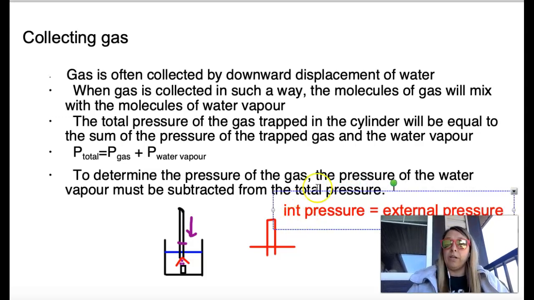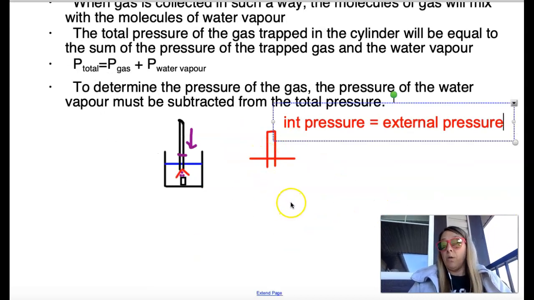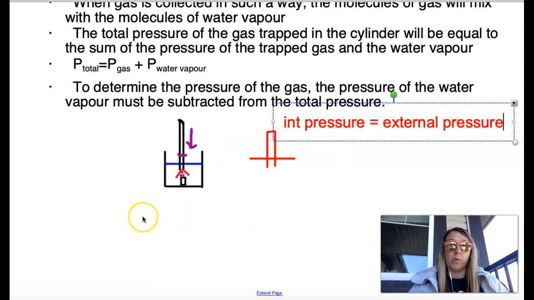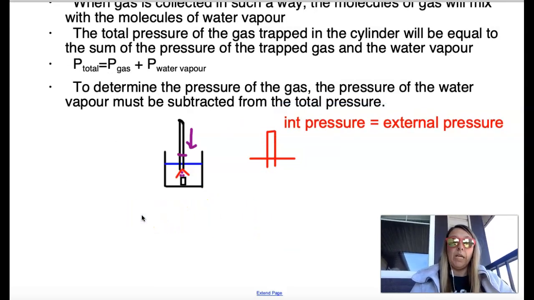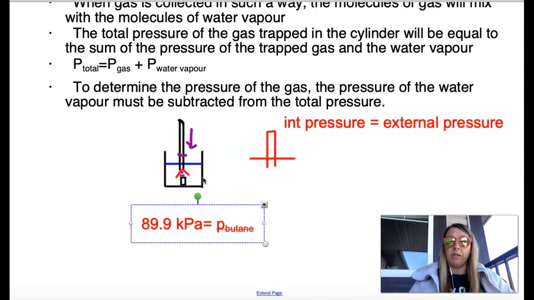Then I can figure out the external pressure by going to my barometer and seeing what the pressure is today inside of this room. Let's say it was 89.9 kilopascals. That would represent the total pressure. That would be equal to the partial pressure of the butane, which is the gas that I was bubbling up into it. But the other thing that would be there as well, because I'm collecting this over water,